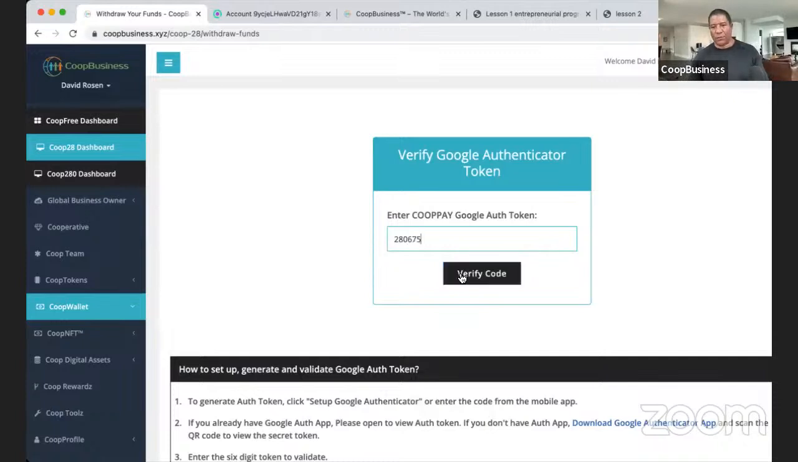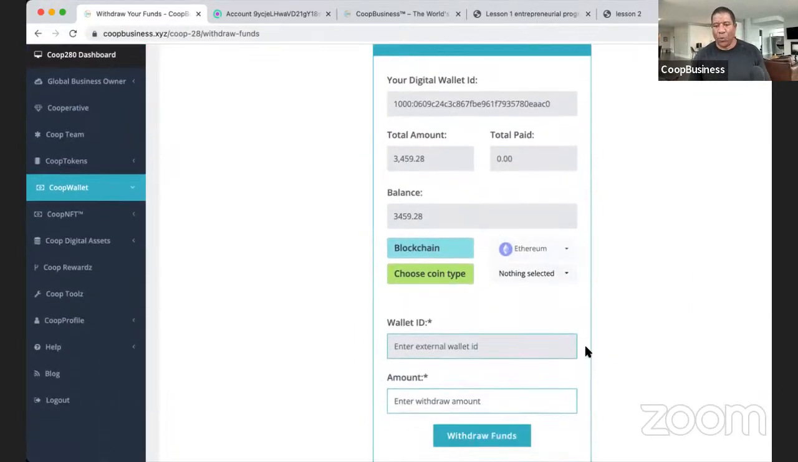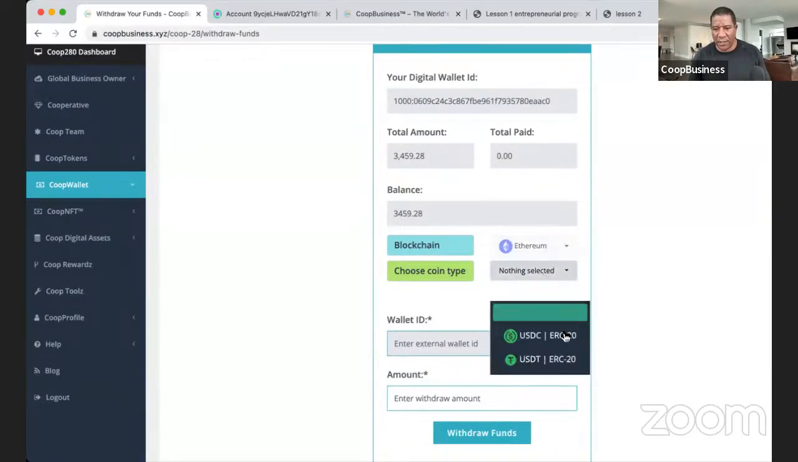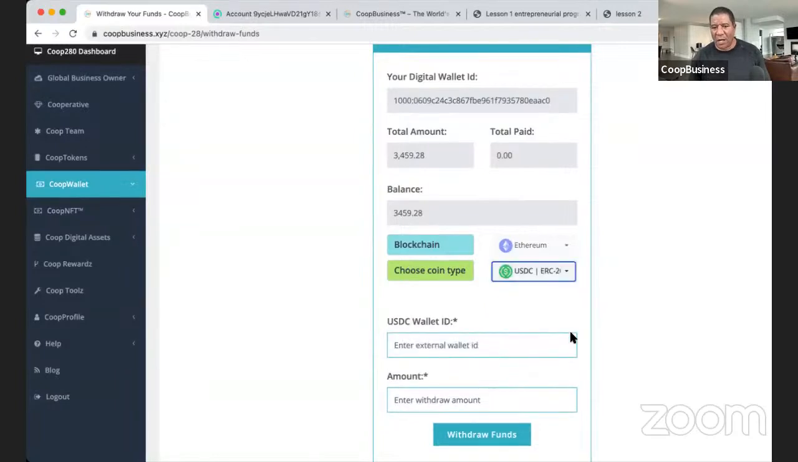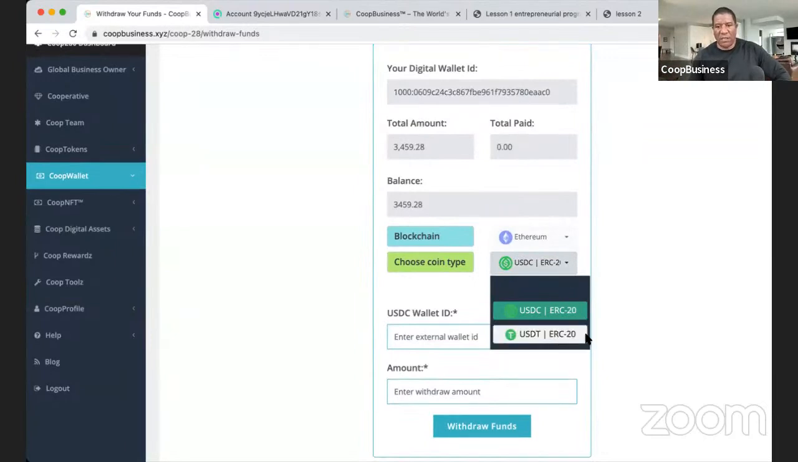So you got to use your two-step authenticator. It says you got $3,459 in there. Now you want to say what chain you're going to take it out on. And most people are using the Ethereum chain, which is the ERC20. By the way, folks, when you're paying in and when you're paying out, you got to make sure you're using the right chain, because you can use the ERC20. You can use, well, this is both ERC20 for that, but you can also use,